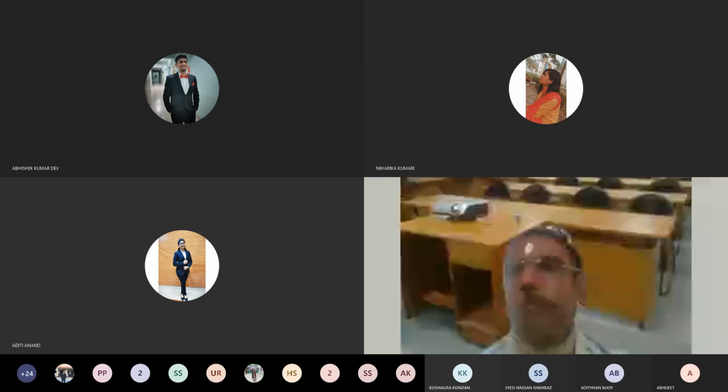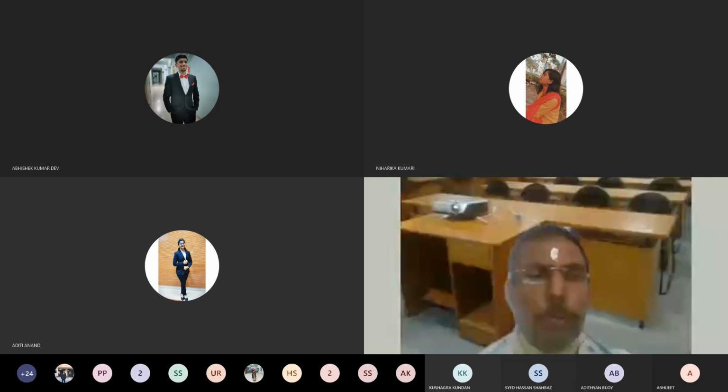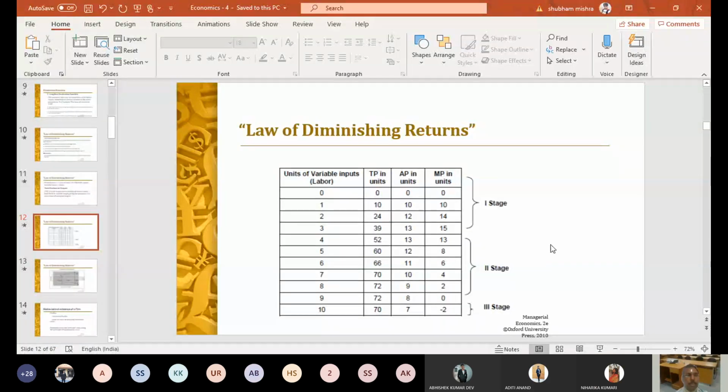Yes, it is started. So this is our law of diminishing returns. Now we'll try to convert this into a graph. I hope all of you have got this table. I'll be removing the table for you. Of course, I will have a table of my own that will be visible to me also. But for you, you will be seeing the graph as it is made.